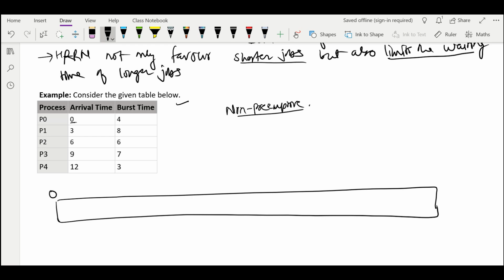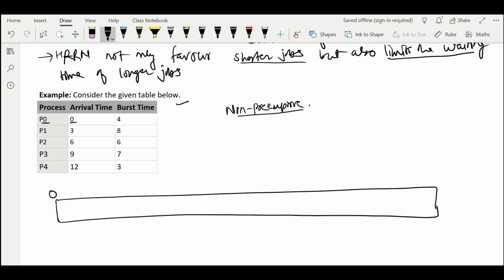Now in longest remaining time or shortest remaining time, they do not say non-preemptive or preemptive, but we know that longest remaining time or shortest remaining time is also called preemptive shortest job or preemptive longest job. So if they specifically say longest remaining or shortest remaining, they need not say it is preemptive. It is obviously preemptive only. Okay, now coming back to this question,